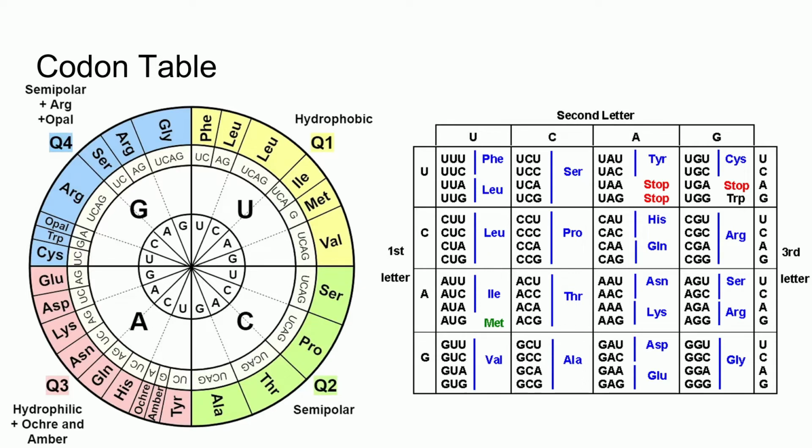When P2 is a T, or uracil in the case of RNA, all amino acids are strongly hydrophobic, without exception. If P2 is an adenine, all amino acids are strongly hydrophilic, also without exception. When cytosine is in position 2, codons code for semipolar amino acids. The same is true for guanine at P2, mostly semipolar amino acids, with 2 exceptions: arginine, a strongly hydrophilic residue, and the chain termination codon opal, or UGA. For more interesting associations of the codon table and wheel, I would recommend this paper in the references.